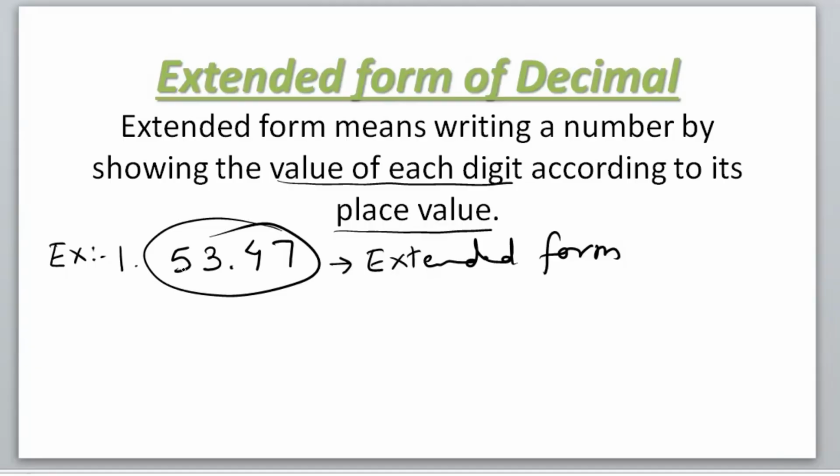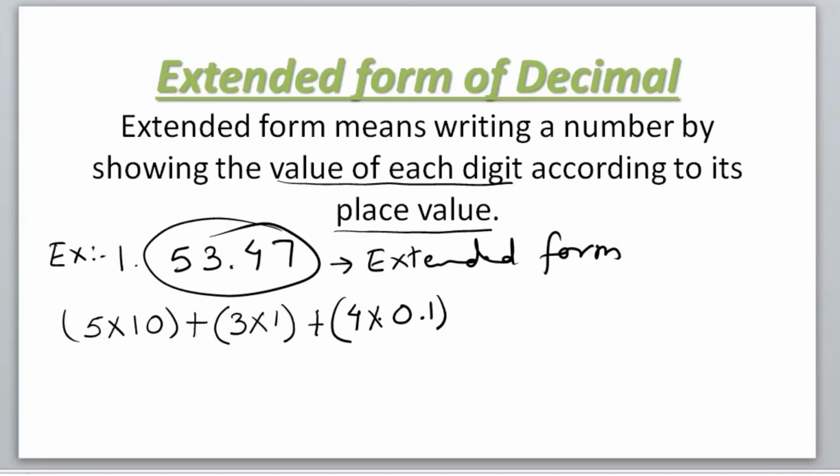So as we know, the place value of 5 is tens. So what will be the value of 5? That we have to write down. So 5 will be multiplied with its place value, that will be 10. Then we will use the addition plus sign. Then 3 is in the ones place, so 3 will be multiplied with 1, plus 4 is in the tenths place. It will be multiplied with